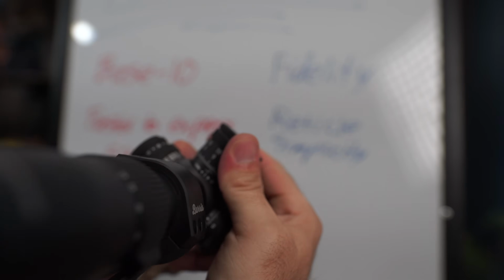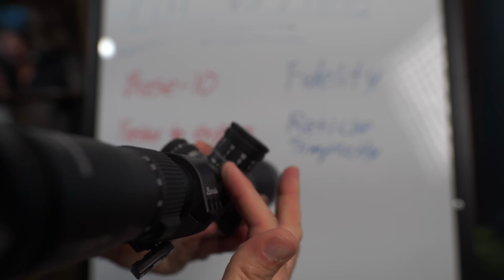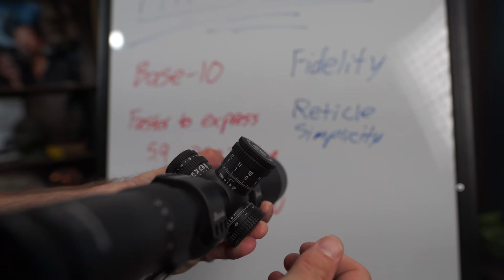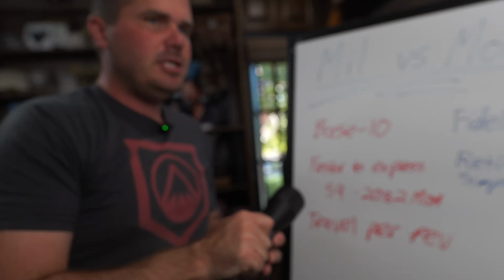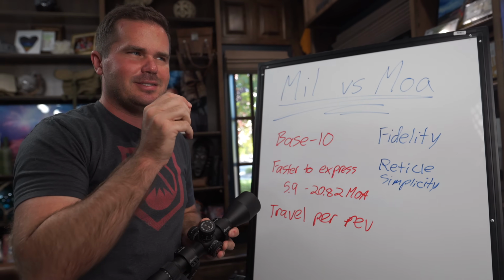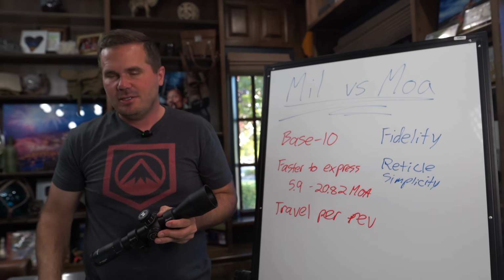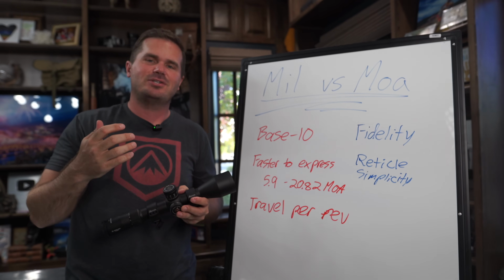So this is where we are. We're going to cross the 0, and we're now on the second rev. So now this isn't 1, it's 11, because we've already gone around once, right? The advantage of that mill system is because each click is now moving us very, very slight amounts further than on the MOA. And so you get more travel before you get to that second rev,